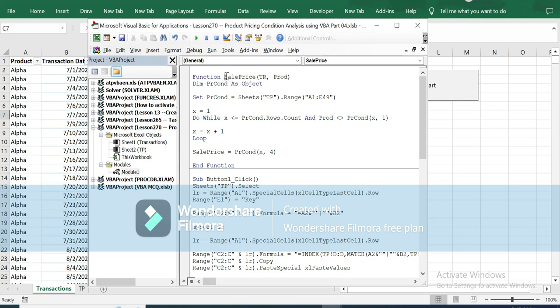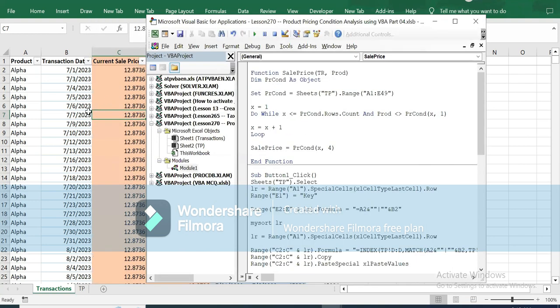It is SalePrice, because this is our target, to bring the sale price. And what are the dependents? On what basis do you want this sale price to come? The first basis is the TR date, the transaction date. The other basis is the product. Since you have these two things, then of course in the TP sheet, you have a range in which you have to work out the pricing conditions, look up all these and get the pricing from there. So what it is doing is